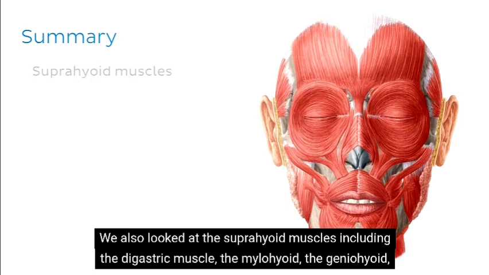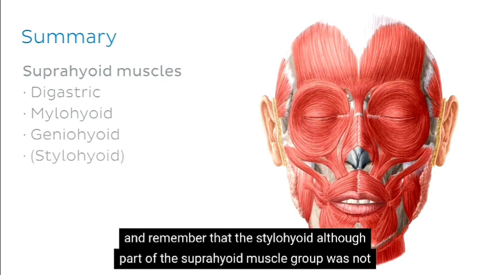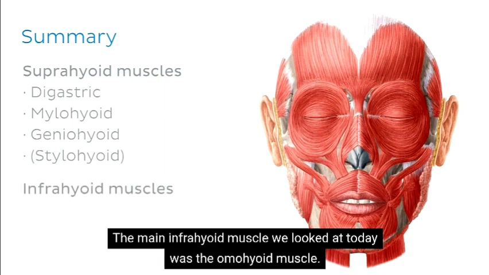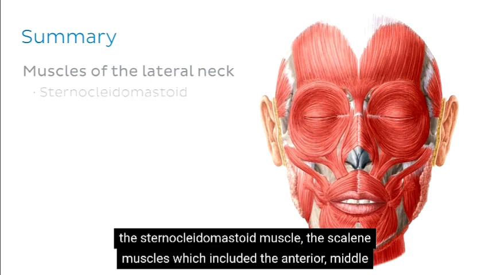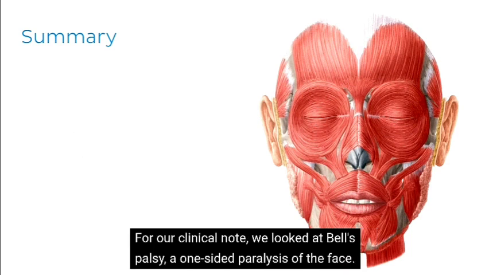We also looked at the suprahyoid muscles, including the digastric muscle, the mylohyoid, the geniohyoid, and remember that the stylohyoid, although part of the suprahyoid muscle group, was not discussed in this tutorial. The main infrahyoid muscle we looked at today was the omohyoid muscle. And finally, in the last group of muscles, the muscles of the lateral neck, we looked at the sternocleidomastoid muscle, the scalene muscles, which included the anterior, middle, and posterior scalene muscles, as well as the platysma. For our clinical note, we looked at Bell's palsy, a one-sided paralysis